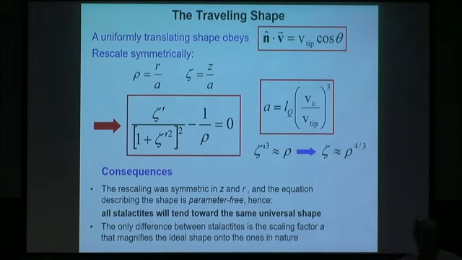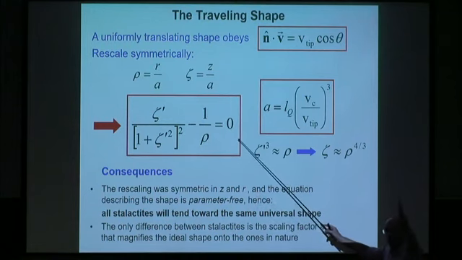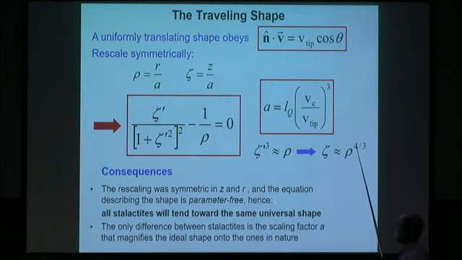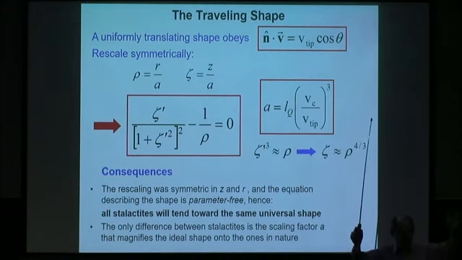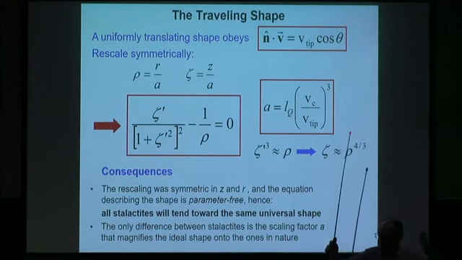And that's why I call them Platonic, as mentioned in the previous talk, because it's like the square or the sphere. There's no size you associate with the square. It's just a square, however big it is. And the same thing is true here. This is a universal shape. Now, when you look at these things, you think, oh, they're sort of conical. But actually, if you study way up away from the tip, you discover that the shape is the 4/3 power law. So instead of 1, it's 4/3, which means it's slightly bulbous, which is that carrot-like shape that you see when you see stalactites.